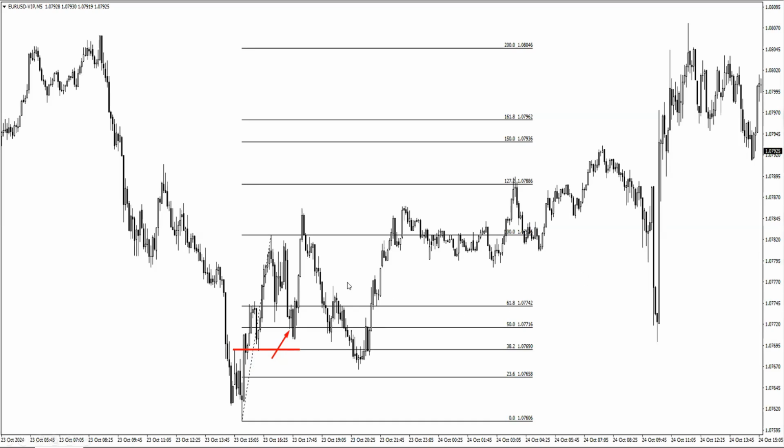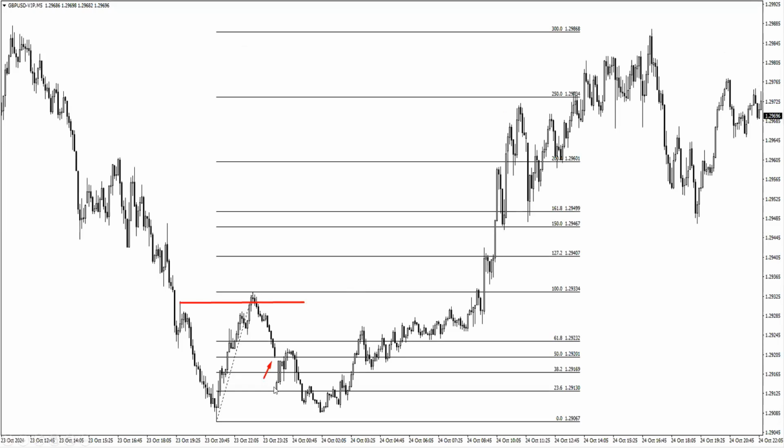Then we have the pound dollar. This one would have created some kind of nervousness if you're looking at it, where you had very strong moves that created a lot of gaps right over here, and then it broke the swing high right here, creating the change of character. So this would have been your entry, stopping there, and then opening the next day way below over here, and you're going like, oh man,